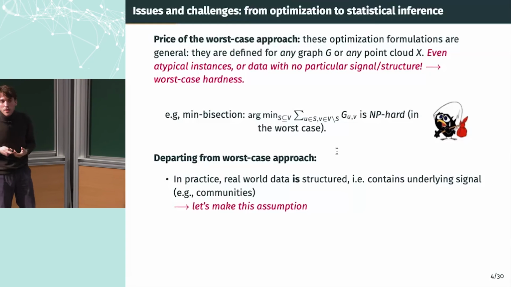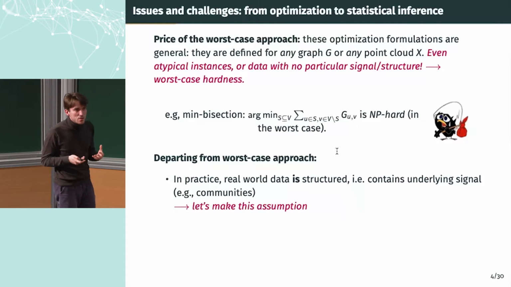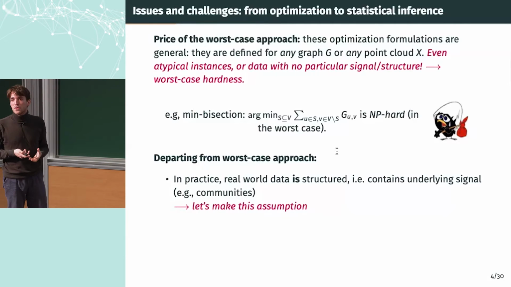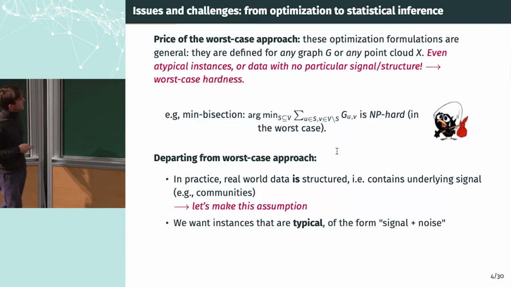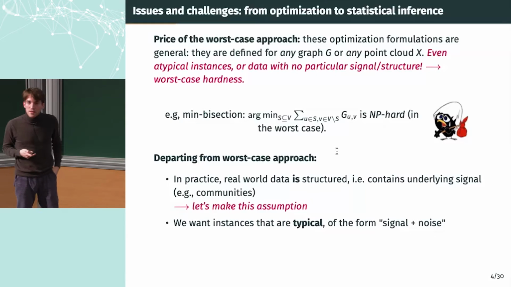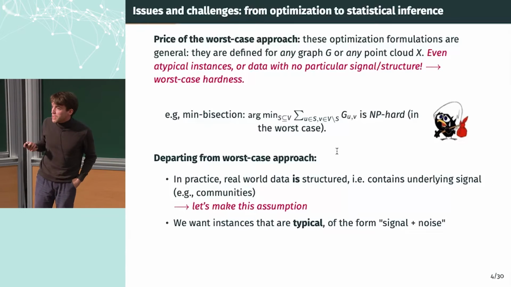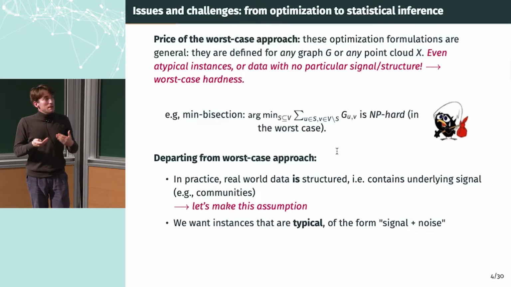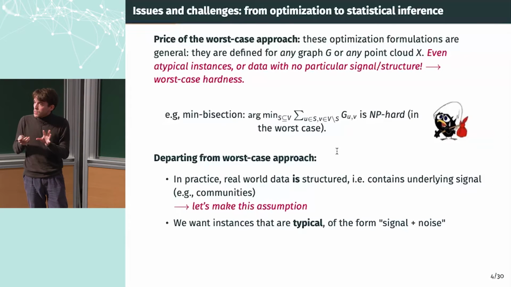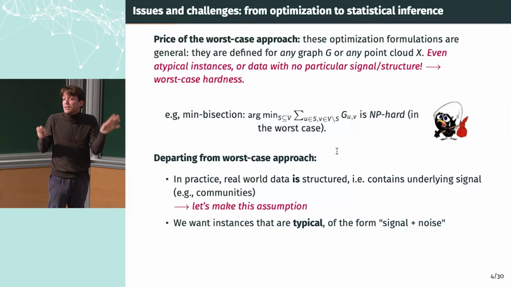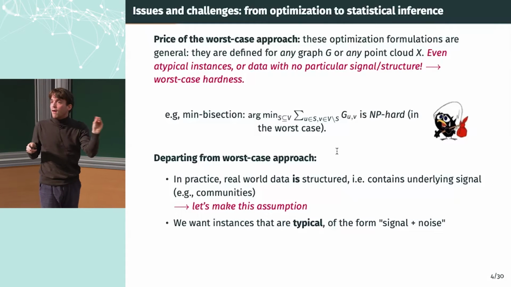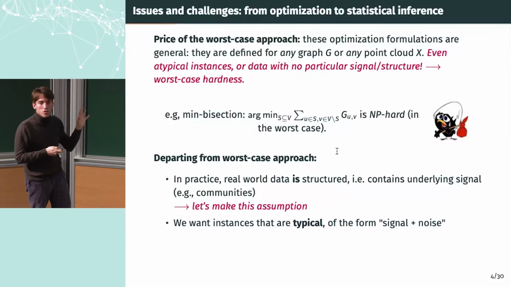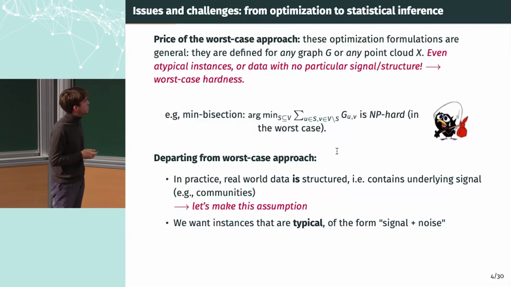So we can assume that the set of instances on which we're going to define the problem contains some signal. That's the first thing. And second, we would like to create instances that are typical in some sense. Typical means, imagine that I have a signal in my data. I know where it stands, and there is some kind of noise that perturbs it. It's like linear regression, the basic model: you assume there is a slope, and then you perturb your samples. So this is just the purpose of this remark.